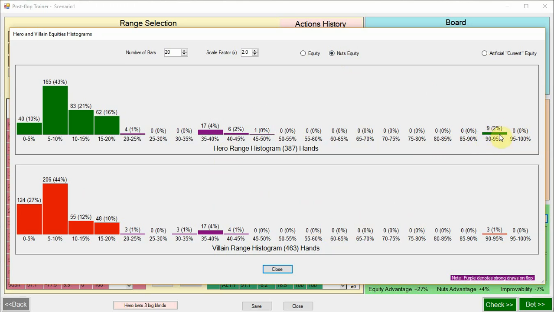And we've currently got a bunch of hands that have nutted equity here. They'll be all the sets. And as we know, the villain's only got one combo of the sets, the pocket fours. And this purple section here are the draws on the flop. So you can see we've got similar numbers of draws. We're slightly ahead. We have an equity advantage here of 27% and a nuts advantage of 4%, with an improvability